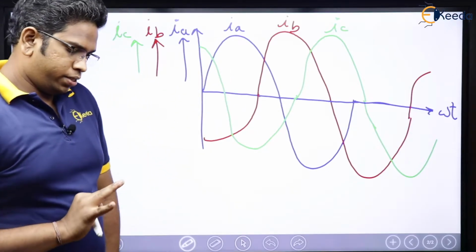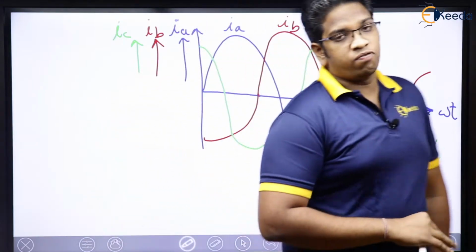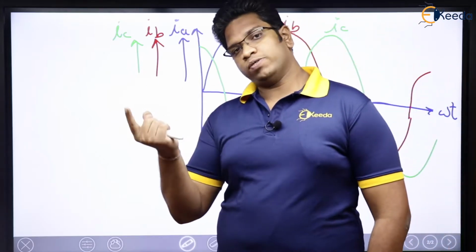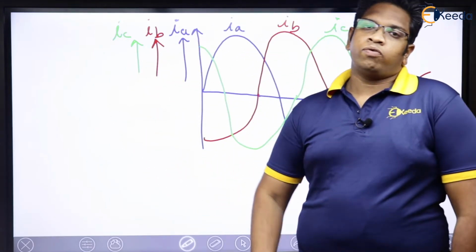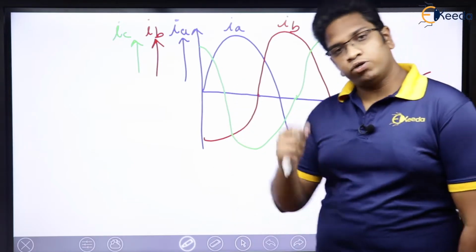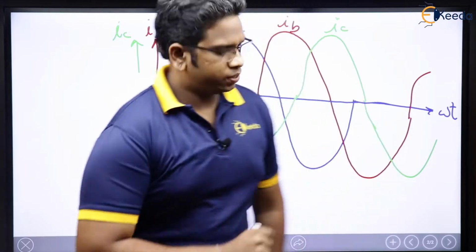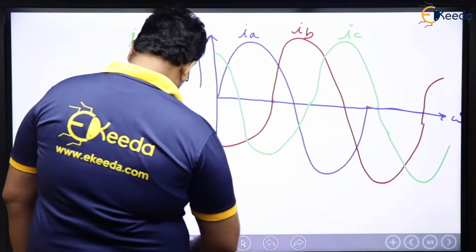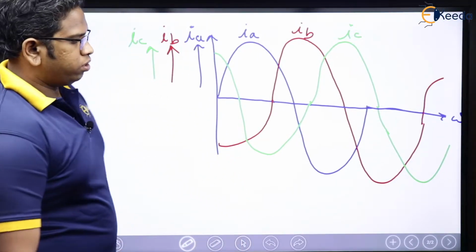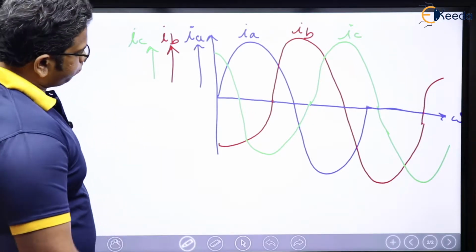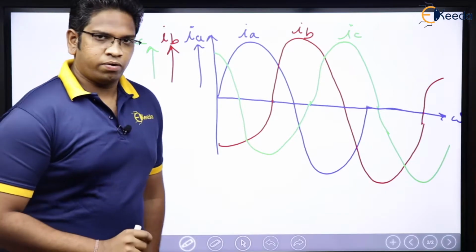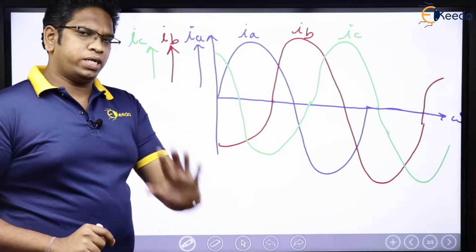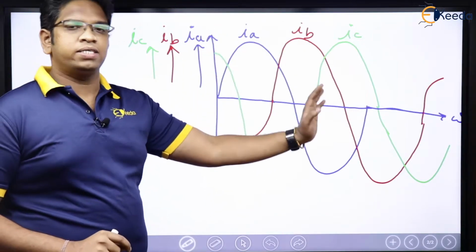Now when three time displaced balanced currents flow through three space displaced windings, we should get a rotating magnetic field, because in case of two phase also, for the same condition, we were able to find a rotating magnetic field. So in this case also we should have a rotating magnetic field. Let us see how we have. Before that we need to understand some basics about three phase. See, at any instant of time, IA plus IB plus IC is going to be 0. But before that, let me just write them in the form of an equation.